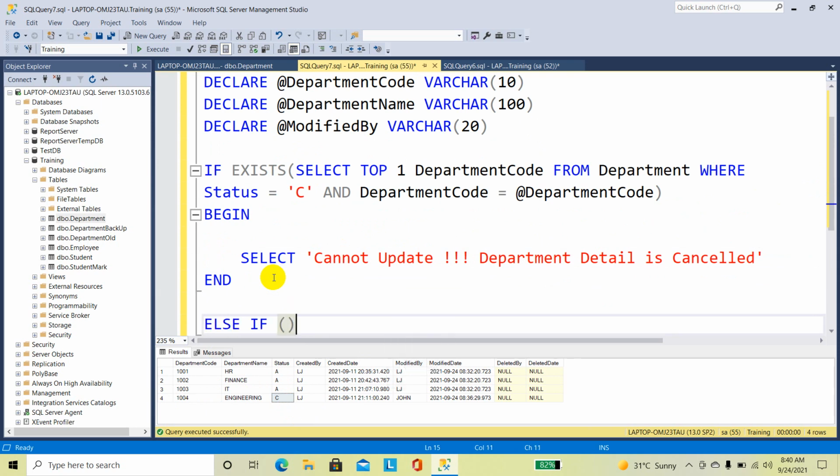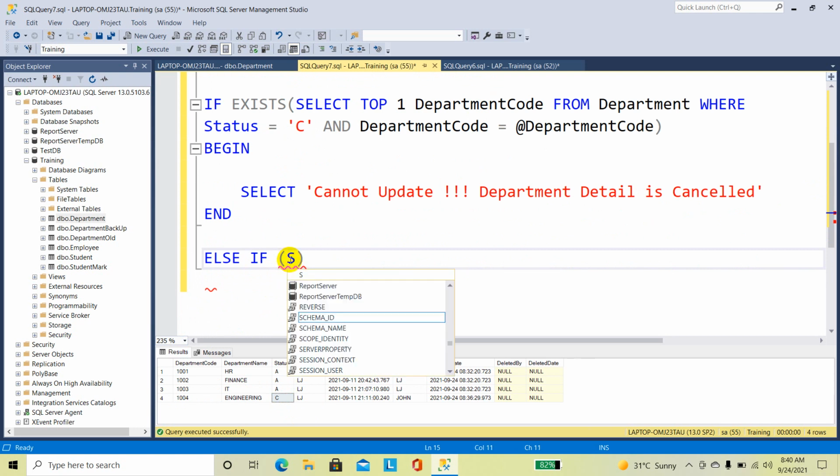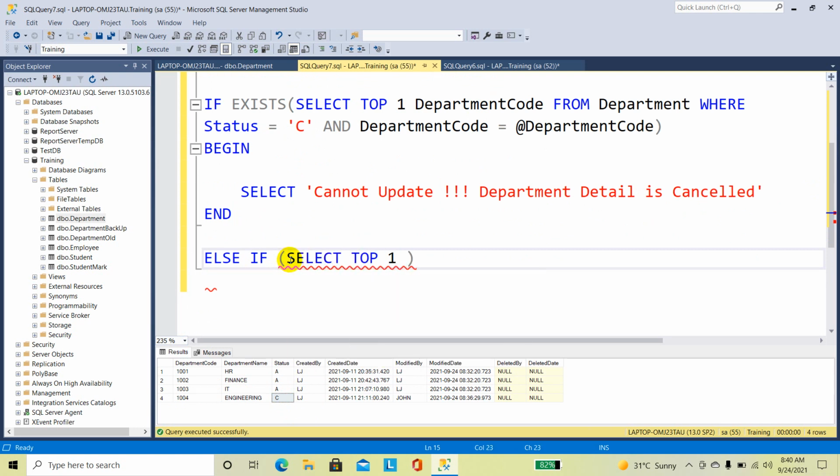else if, select top one. I'm going to copy the statement.